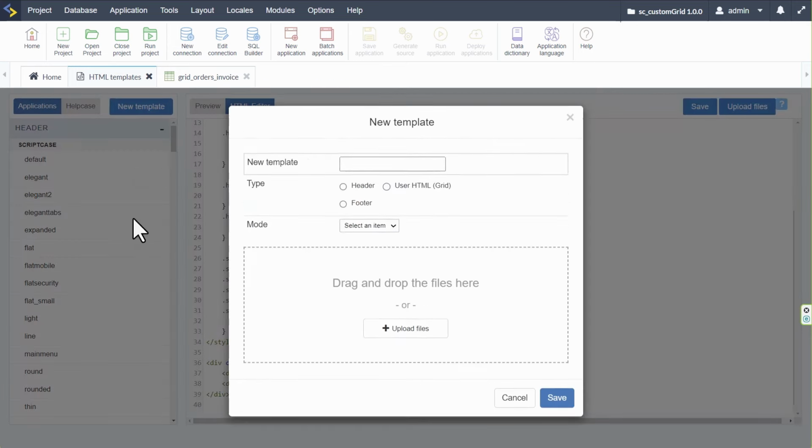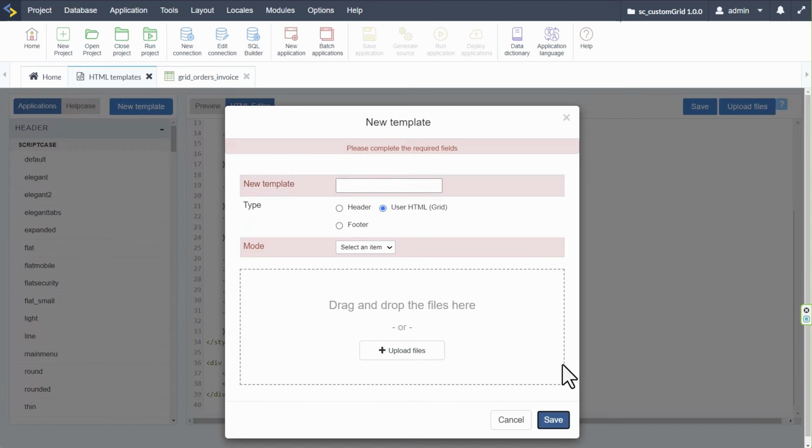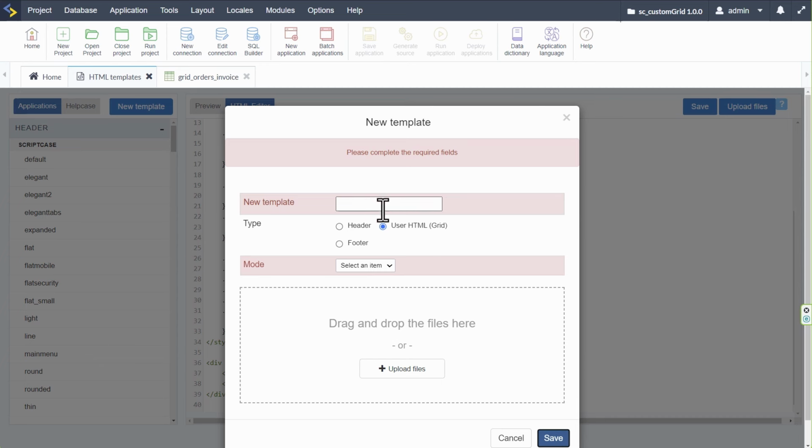So the grid template functions the same way as the header. So if I come here to new template, I will choose here the user HTML grid and click save. And of course, I am required to add a name for this. So be sure to add your name. So I'll call this